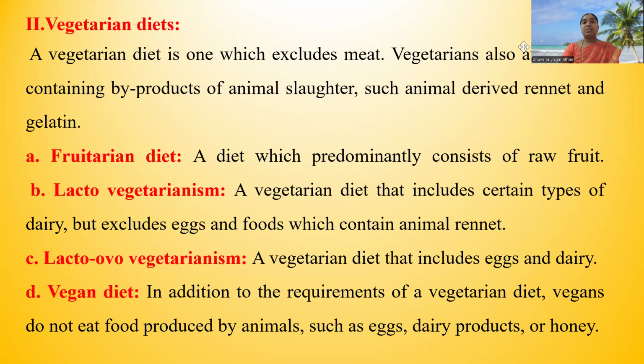It predominantly consists of raw foods. Lacto-vegetarianism is a vegetarian diet which includes certain types of dairy, excludes egg, and excludes animal rennet. Ovo-lacto vegetarian is a diet which includes egg and dairy. Vegan diet has an additional requirement over vegetarian: vegans do not eat food produced by animals such as eggs, dairy products, and